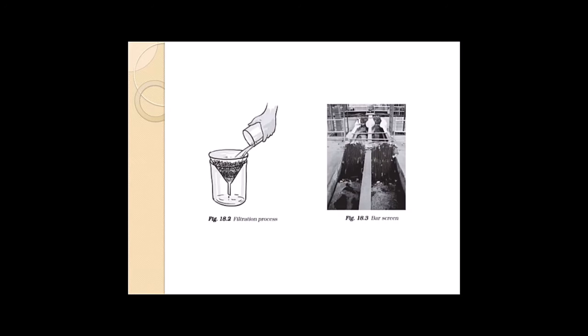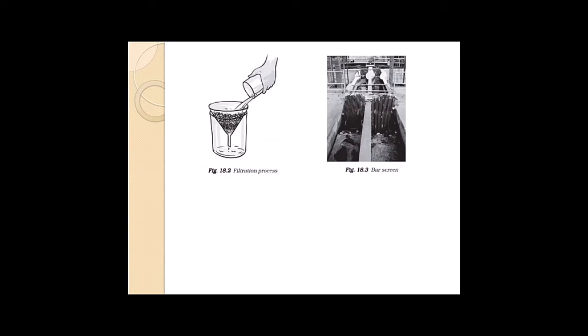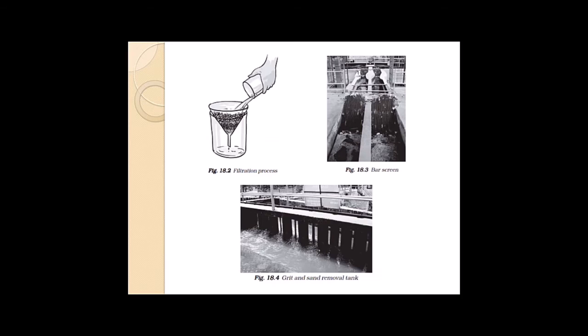How can we control the pollution? We can use the filtration process. We can filter the water and purify it for our use. Then there is this bar screen. In this bar screen, you see solid particles are stuck on the bars. They do not pass away. Only the liquid part crosses the screen. So it acts as a barrier for the solid objects in the wastewater and helps in purification.